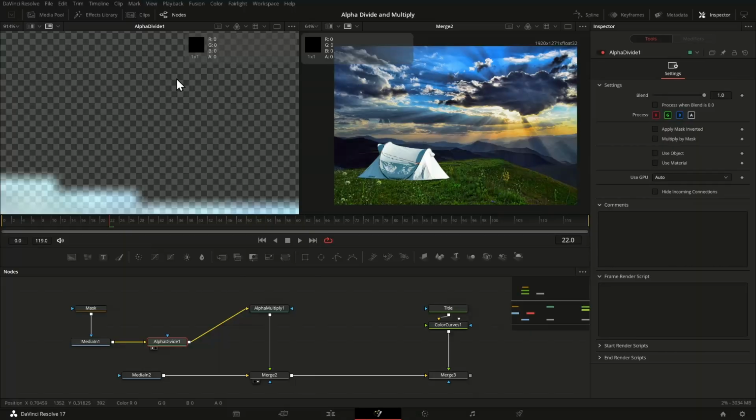Now, outside here, where it's fully transparent, where the RGB values are 0, there is no way mathematically to bring them back, right? Division by 0 is not defined, so it doesn't make sense to divide by 0, and the tool doesn't do it. So in areas where the alpha values are 0, RGB values remain 0.